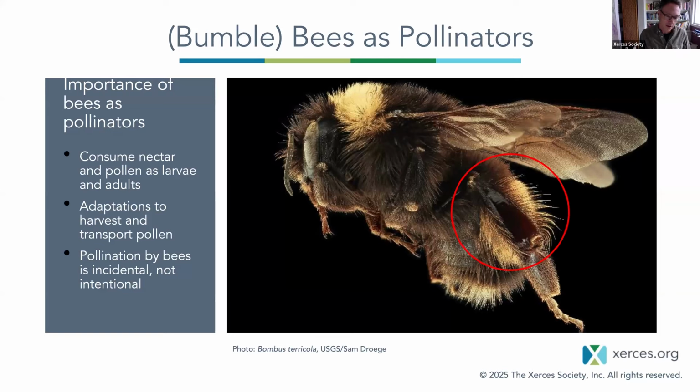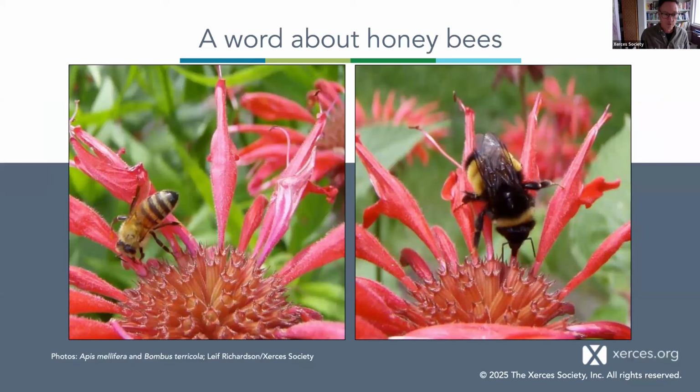This is a species that doesn't occur in California, Bombus terricola, a lovely bee from the east and the northern part of the continent. Just a word about honeybees. They are domesticated Eurasian bees of great import to agriculture. And again, they're not the most important pollinators taken at a global scale for farms. Unfortunately, they are broadly naturalized in North America, or another way to say it is they're an invasive species. They live without the help of people, and they have a negative impact on some other things in the environment,